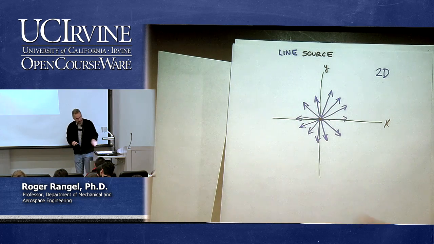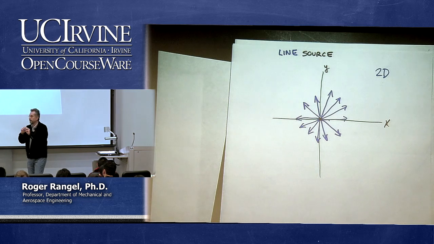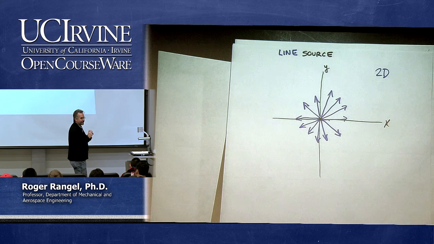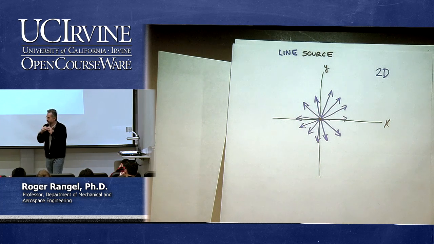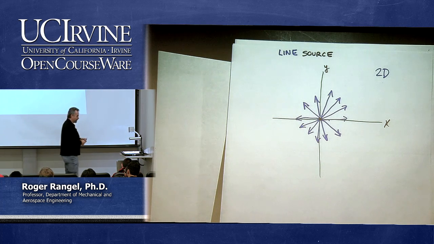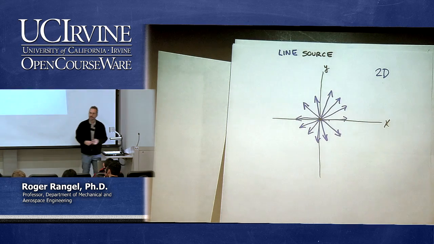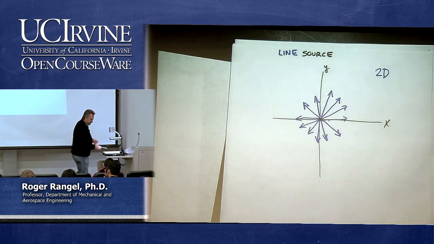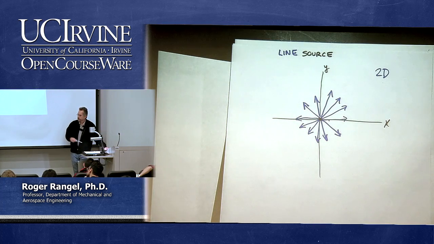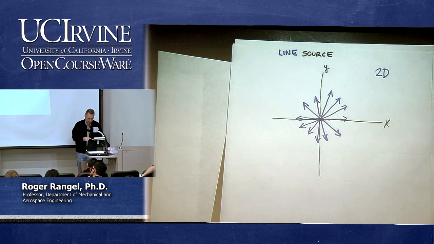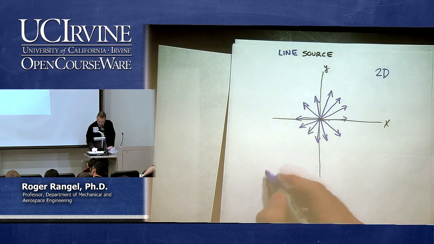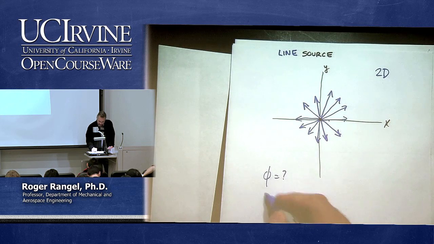And of course, if I do the opposite, if the line, instead of being a source, is what we call a sink, so that it draws in all the fluid from all around it, all I have to do is reverse the directions of these arrows, and then I have a line sink. So the line sink is just the opposite of a line source. Radial flow, but incoming into the origin. And so we ask ourselves the same question: what is phi and what is psi